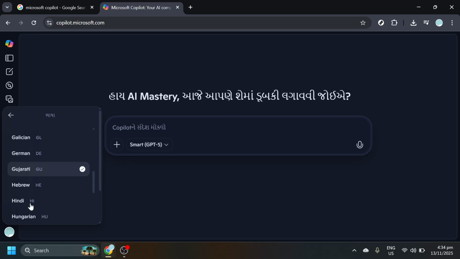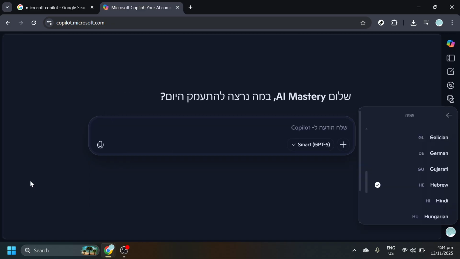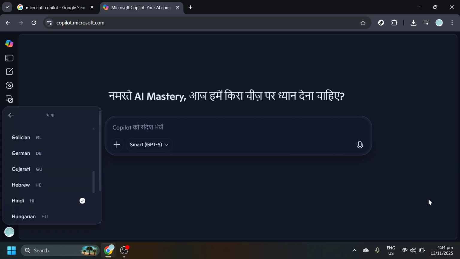So, to recap, start by opening your browser and searching for Microsoft Copilot on Google. Once you're on their site, head to your profile, select Language, and pick your desired language from the list provided. It's as simple as that. These steps make navigating and using Microsoft Copilot in a different language straightforward, allowing you to work in your preferred